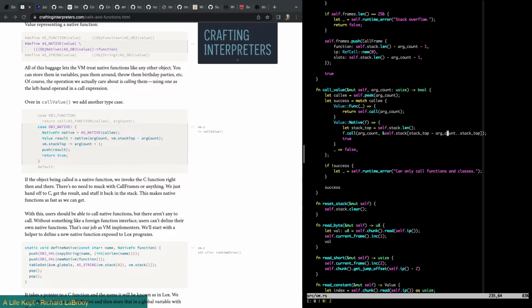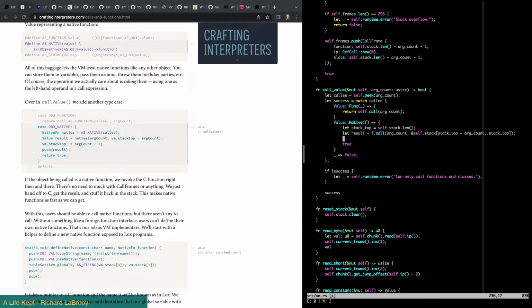Wow, okay. Then what we're going to do is get the result. We're going to pop that many frames. Well, not frames, but that many entries off the stack.